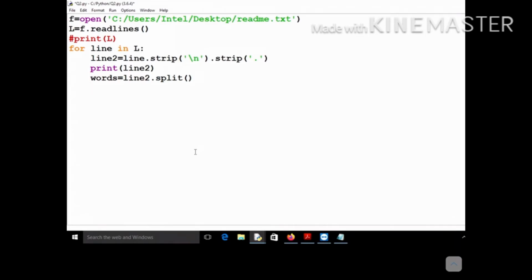Okay, so now you can check whether happy is present or not. So you check every element in the list words. So for word in words, you are checking every word in the list words. If